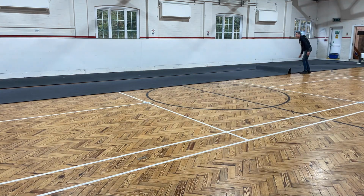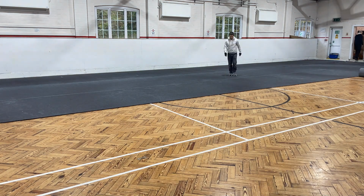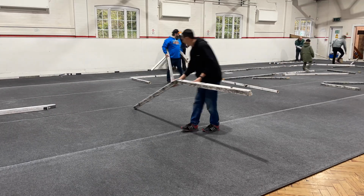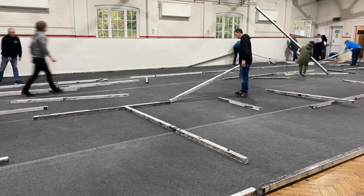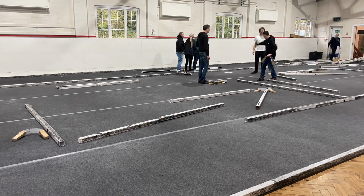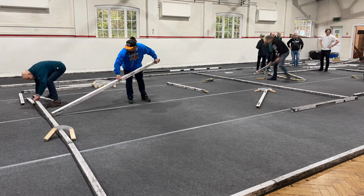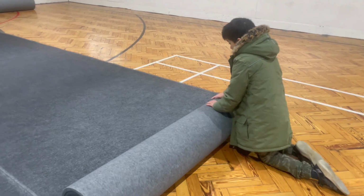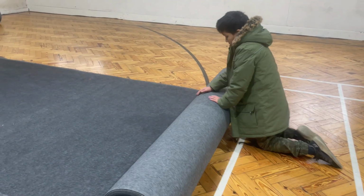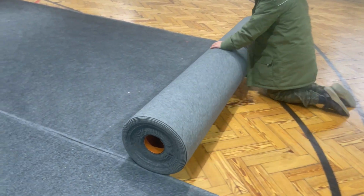Today I headed off to MK for some club racing. The best thing about club racing is it's a great community. Everyone chips in, everyone helps out. When you arrive at the start of the race meet, there is nothing. You need to get that carpet out, you need to get that track laid, and it's a real team effort to get everybody racing. The more people that help, the sooner you get on with the racing, and it often allows you a little bit of practice time before the race meet begins. Equally, at the end of the meet, it's nice that not everyone rushes off and people lend a hand rolling up the carpets and getting it back in the cupboards. But today,